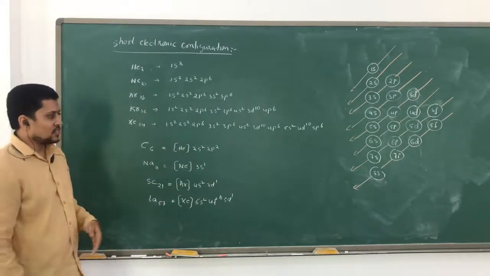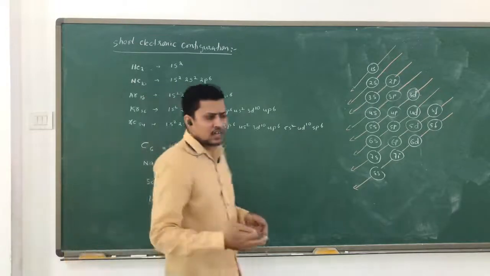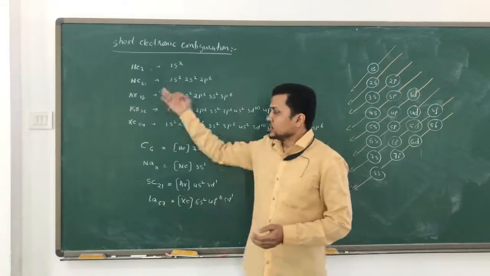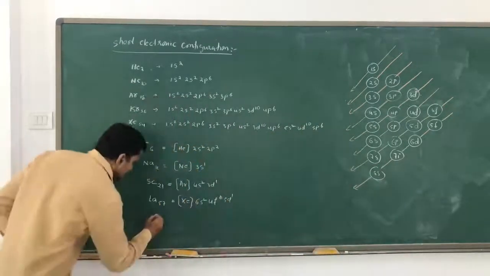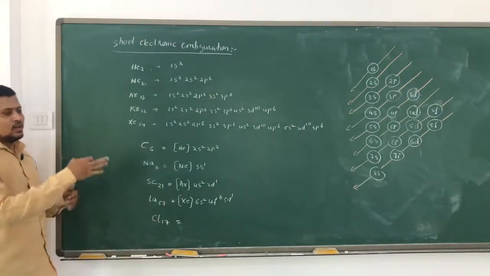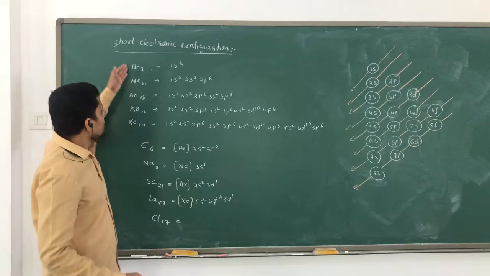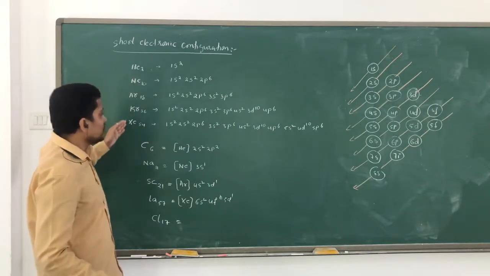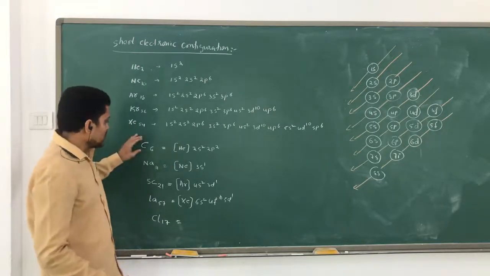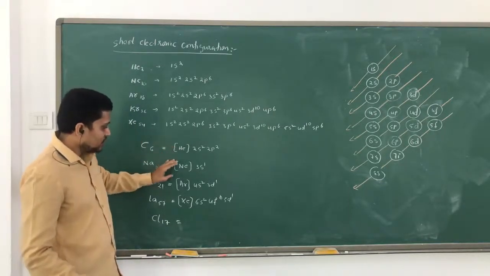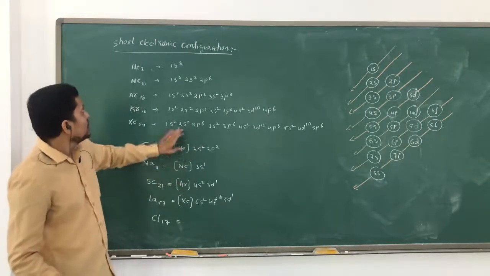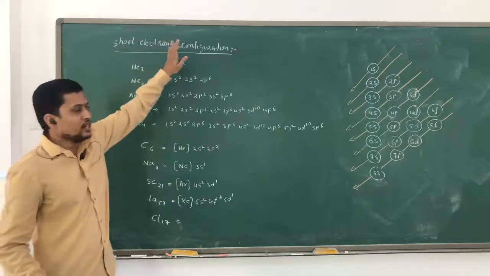Now you can take a number of examples, like chlorine, argon. Before chlorine we have neon. If you want chlorine, atomic number 17, you can write it on your own. Whatever element you take, consider the electronic configuration of the noble gases and go for the short electronic configuration. Most of the time your books give it this way. Now you understand why they are given this way and what it is called: a short electronic configuration.